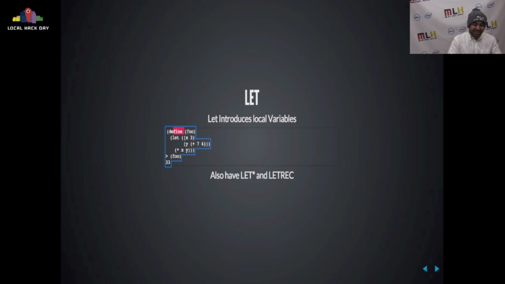No, so this function actually has no arguments. It's just called foo, and then within there we're going to define our own little local variables. So it starts with let. Here's going to be everything within the let. The first one will be here. We'll say, okay, x is 3, and then here we'll say y equals 7 plus 4, so it'll be 11,